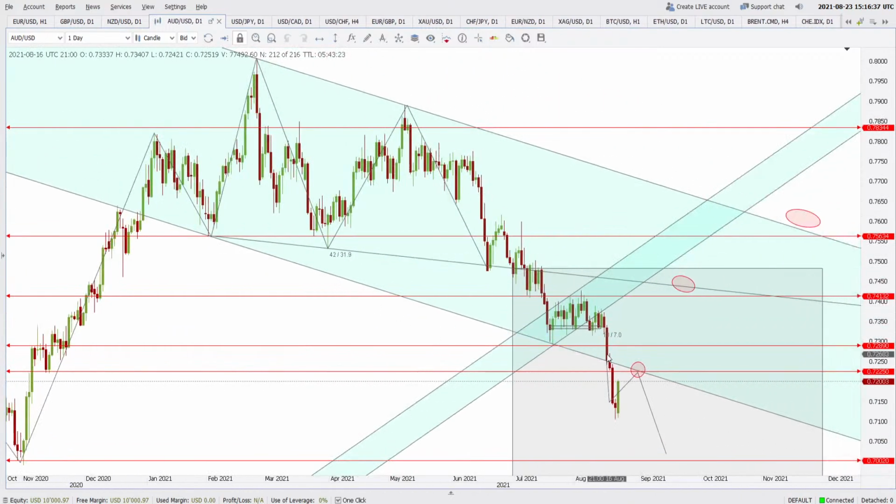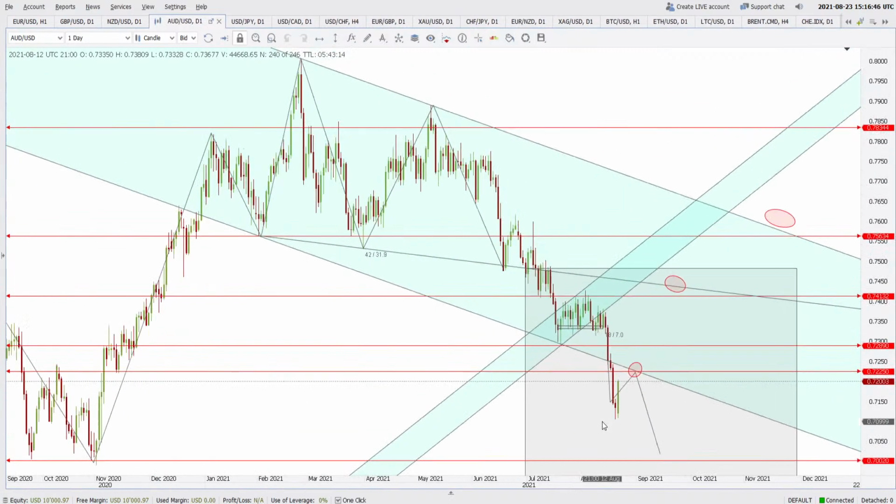Australian dollar, similar signs. It is a sort of bullish engulfing, but it does not qualify as a bullish engulfing because there's no support in this area. So I think this is a weaker US dollar, maybe because of some news, the price has started going against it, and now